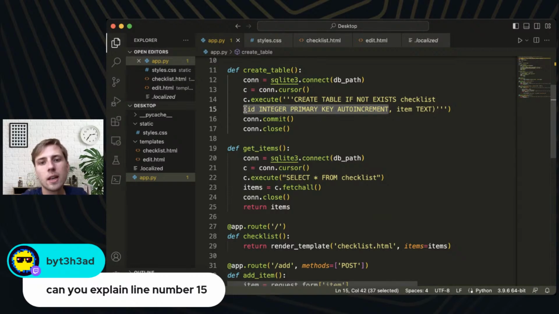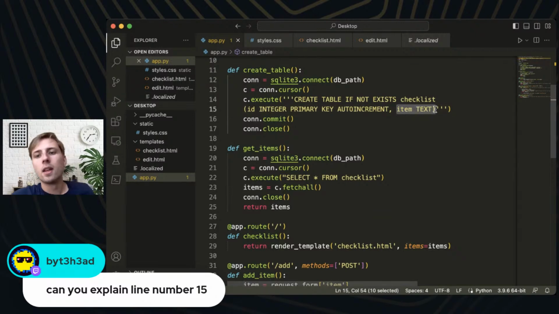We want to store an ID, that's going to be an integer type. These keywords, primary key, auto increment, say what kinds of integers should be stored as the IDs. They should be primary key, so they're the unique identifiers for those tasks. And then auto increment is going to increment them